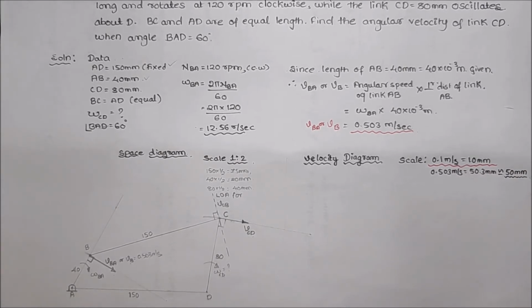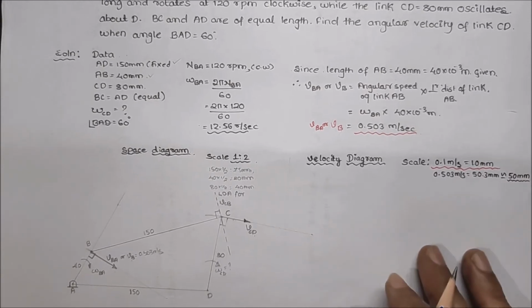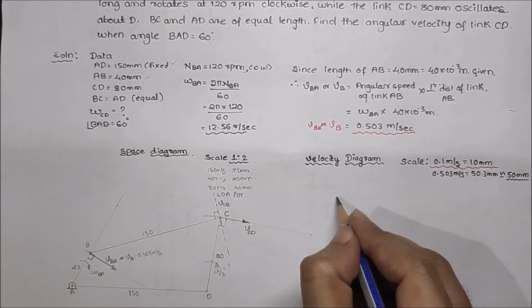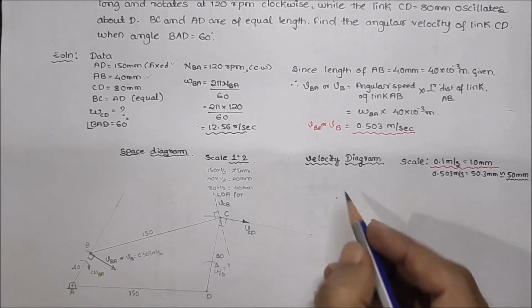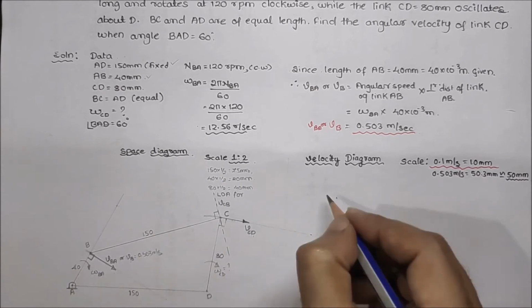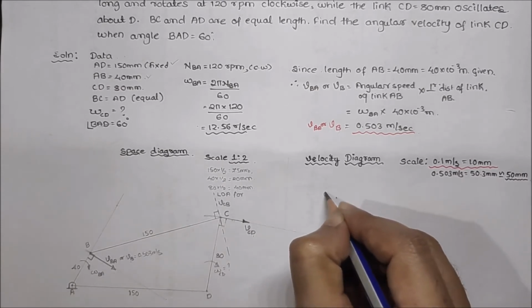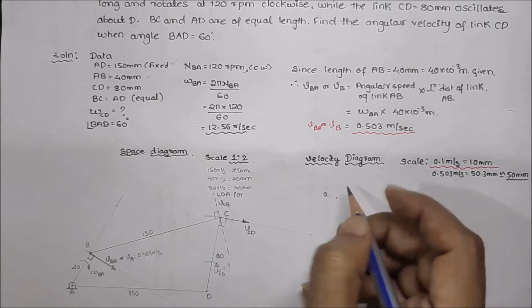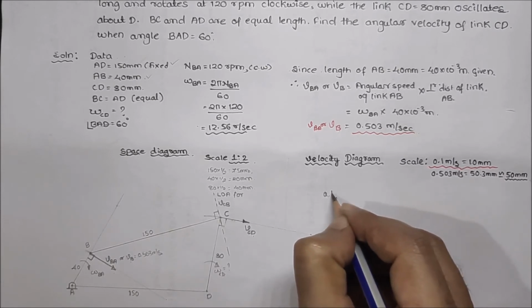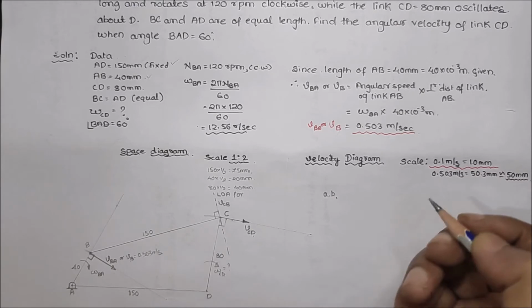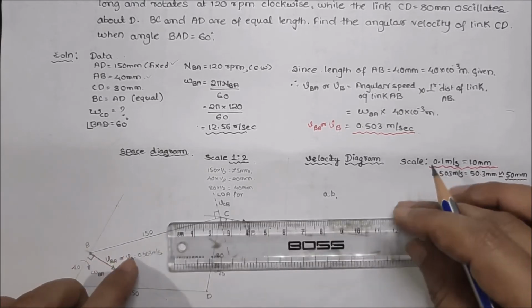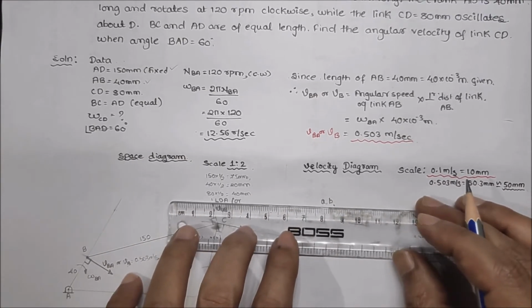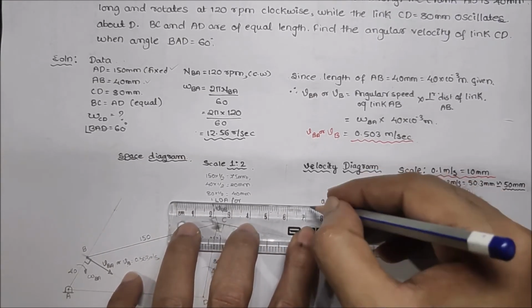Next, how to draw the diagram for a velocity. Let's take a point here, anywhere here. So we have fixed points A and D. In drawing a velocity diagram, we use the notation of small letters. So we'll take points a and b. At this particular point, for my convenience, because we have to draw it, we'll draw one thin line.